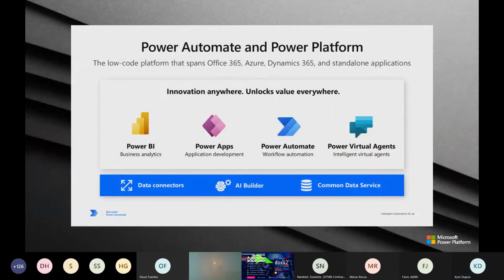So we talked about the Power Platform and the suite of products, and I think Marco already alluded to that, has 4 key products that you can buy or you can use for free in certain licenses you have with Office or Dynamics or others. So Power BI allows you to look at your data and create dashboards, connect to a multitude of data sources in your organization. So think of it as Excel pivot charts on steroids that works with so many other things in